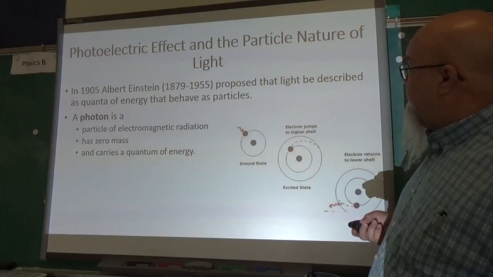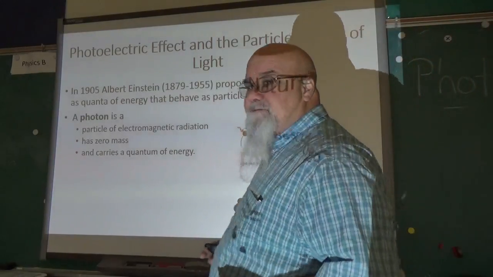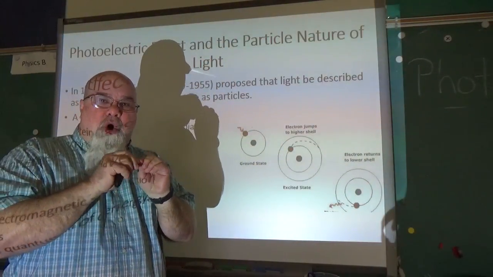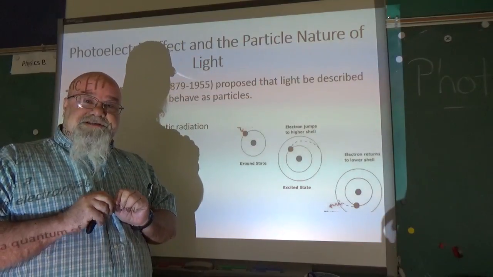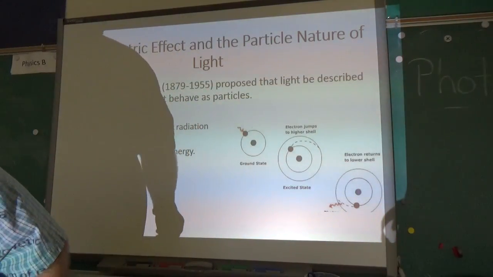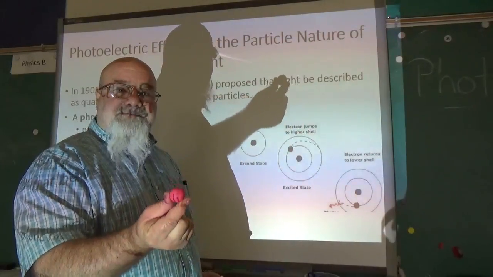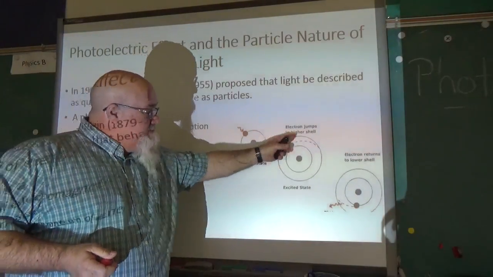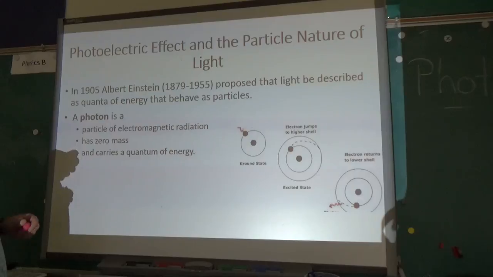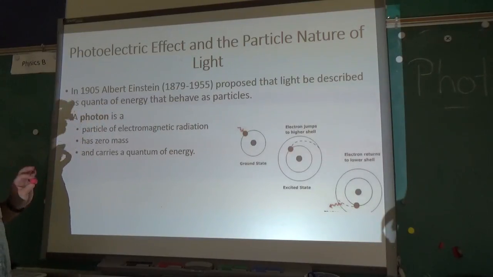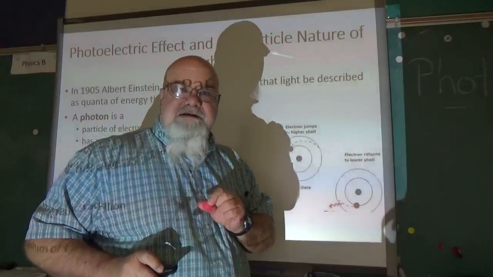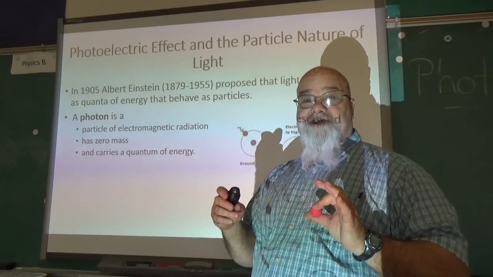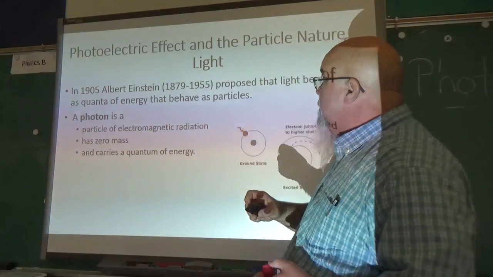Albert Einstein came up with the idea that light could be described as a quanta of energy. You should remember previously we learned a quanta is the smallest little packet of energy. It's essentially what we usually think of when a little electron jumps suddenly into another orbit. It doesn't slide over, it just moves over there. We have our electron, boom, it's in the next orbit. And it has zero mass, kind of freaky, we can't weigh it, which makes the math seem a little different. But that's what we're talking about. We're talking about a chunk of energy that is moving when we talk about a particle.